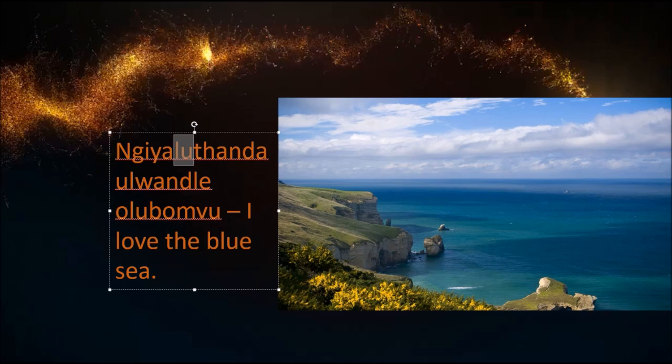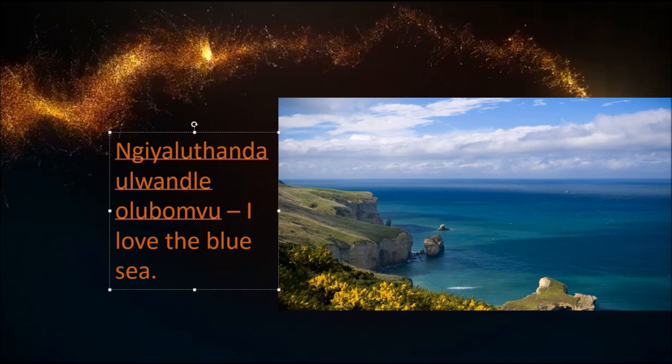If it was bu, it would have been Ngiyabuthanda, like I like grass, Ngiyabuthanda utshani. But here it's lu, so it's Ngiyaluthanda. And the same goes for describing the color. That's why I said that the prefix system is the key to understanding Zulu. Otherwise, you'll never have more than an elementary greeting, how are you, I'm fine, and then you never go beyond that. But the key to unlocking isiZulu is to understand the prefix system, for it influences the whole sentence.